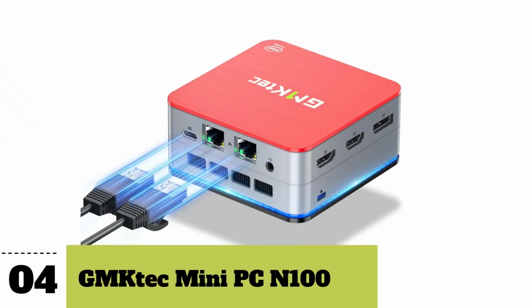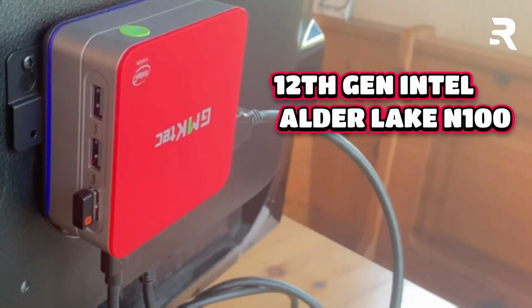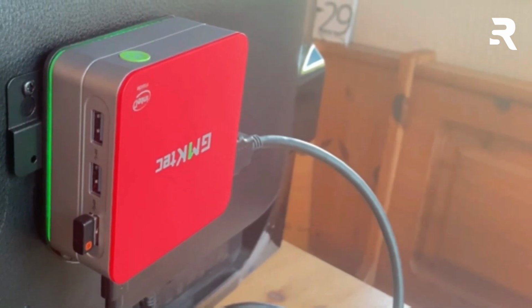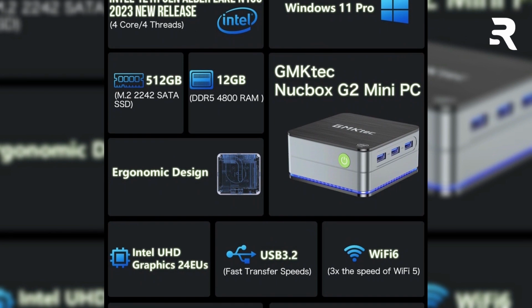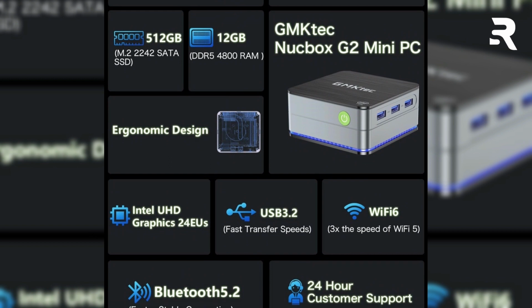Number 4. GMKtec Mini PC N100. Powered by the 12th Gen Intel Alder Lake N100 processor, this mini PC delivers unparalleled performance, perfect for routine tasks, office work, and others. With 12 GB of DDR5 RAM and a speedy 512 GB hard drive, you'll experience lightning-fast